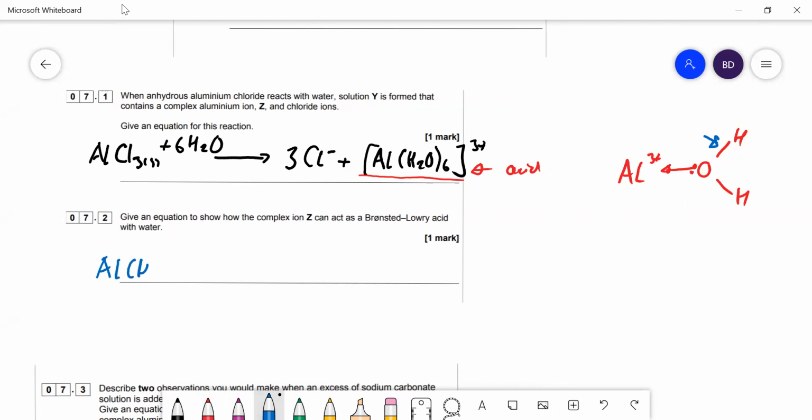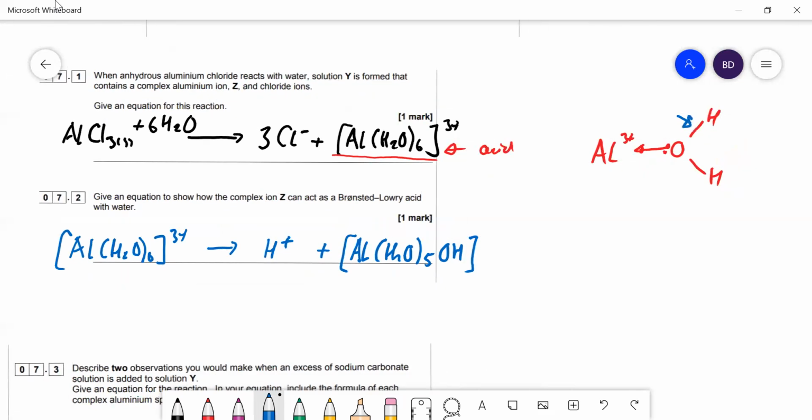So we've got Al(H2O)6 3+. It's going to give away 1 H+, okay? And so what's going to be left over is Al(H2O)5OH, and the charge on this complex now is not 3+, it is 2+. Okay, so